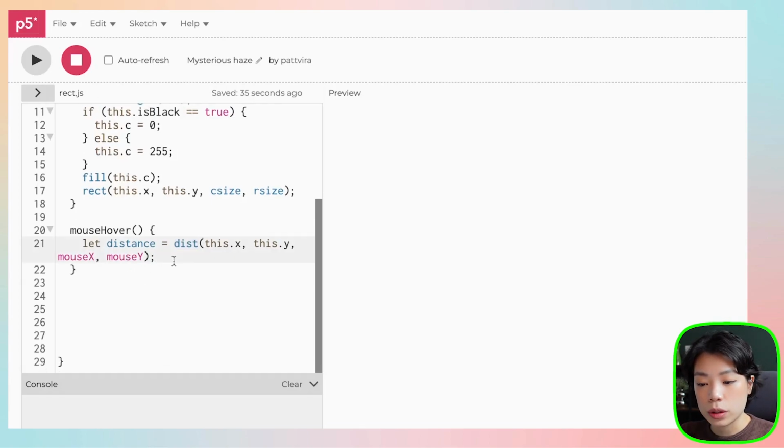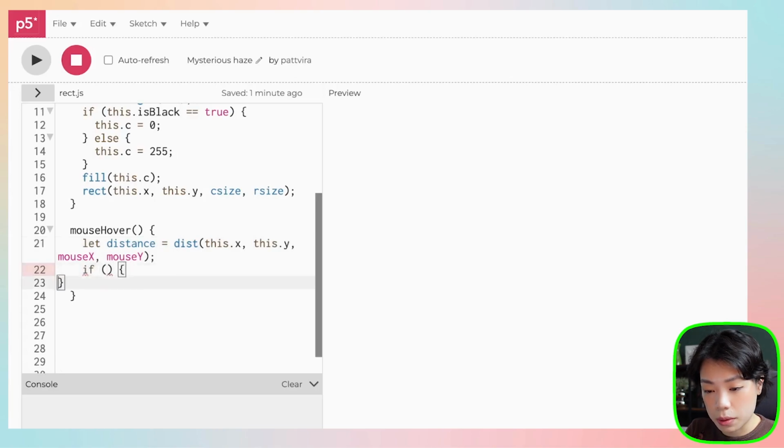And once we have this, we want to write a conditional statement. And what kind of condition do we want? So for a secret message, what I want to do is that first I want the whole canvas to be black. And then where the mouse is close to the rectangle, then I want to display the image. So first, let's write a conditional statement. So if